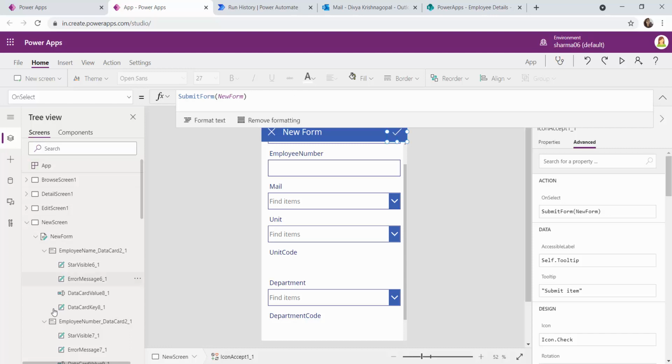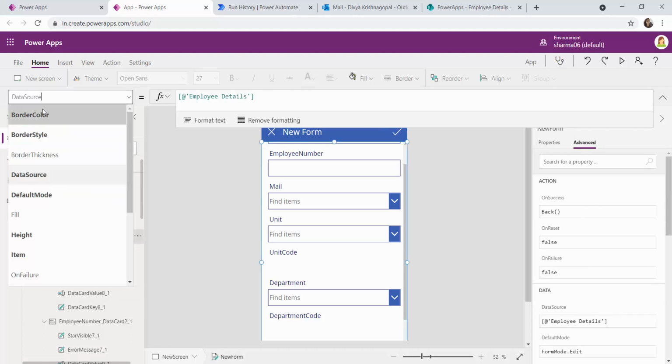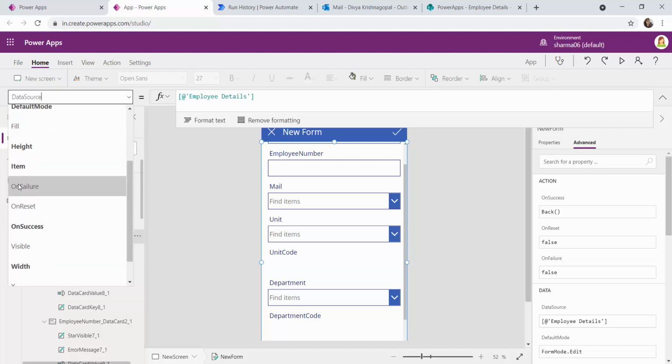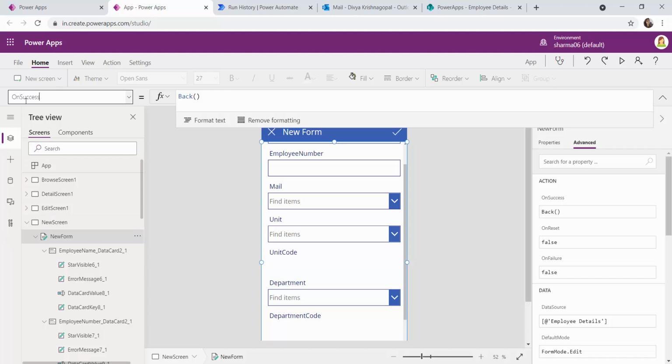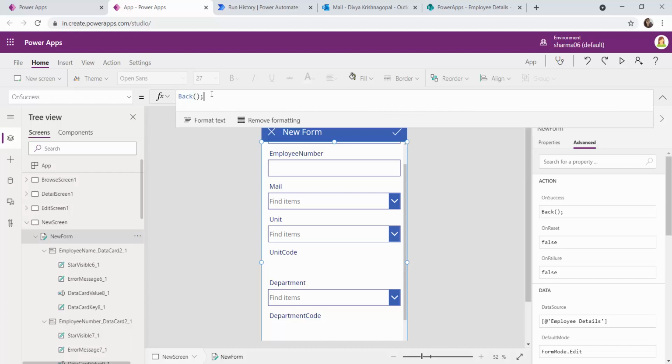For that, what you have to do, in every form, you will have certain kinds of functions attached to it. So you have on failure, on reset, on success. So I will add this mail trigger notification action, which should happen on the successful submission of the form on success function. So by default, there is a back function call over here.